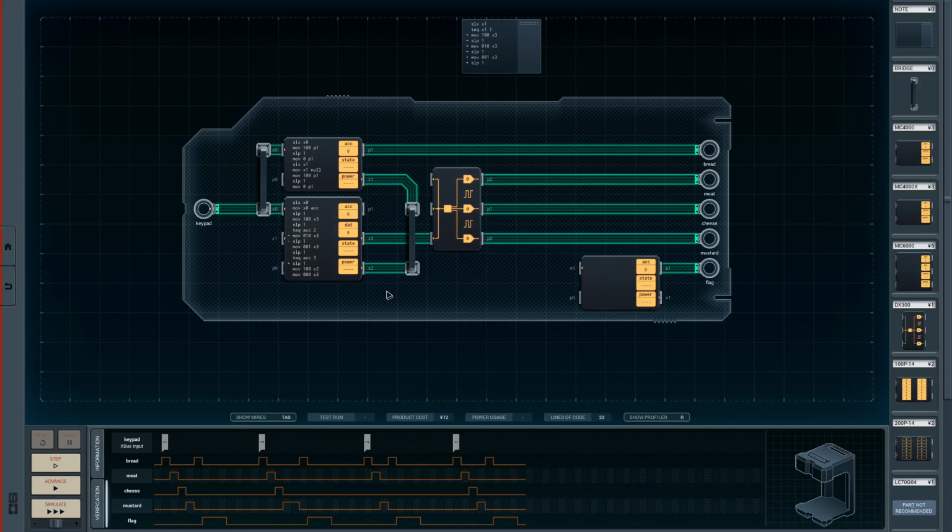And then, but there's no space here. What do I do? Oh, I know. Maybe I'll do it so that